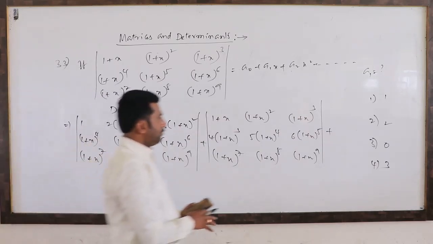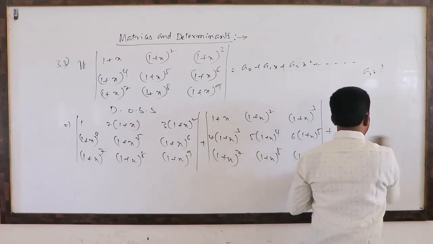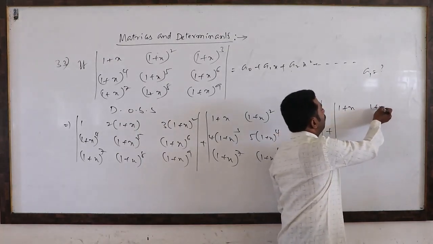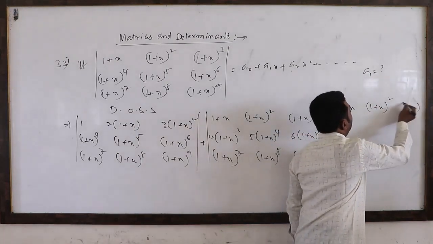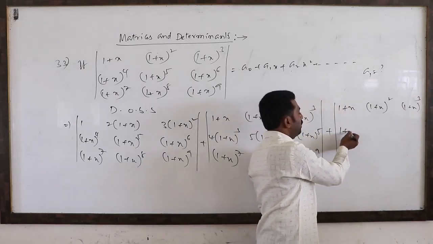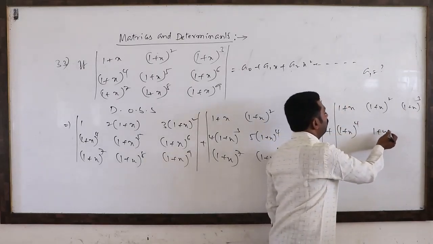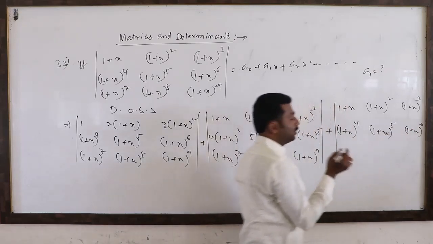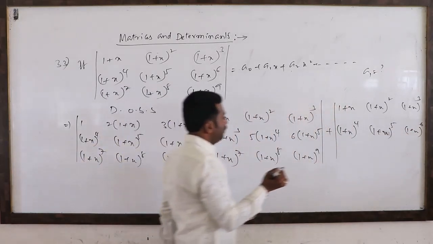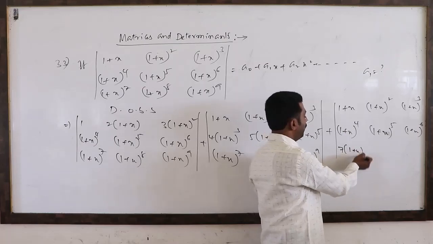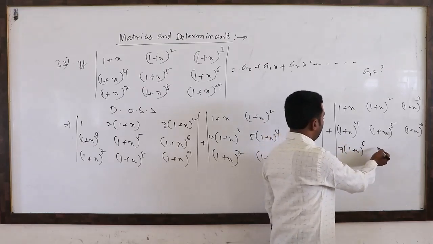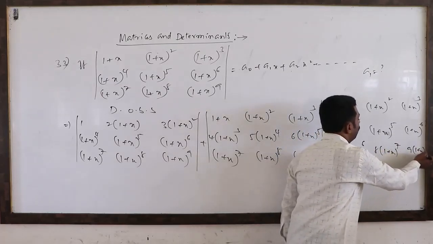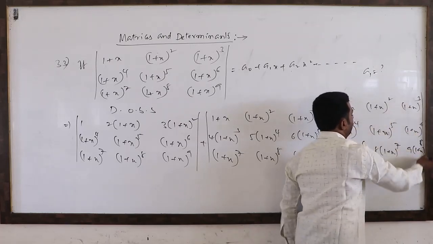Last determinant: first two rows no changes. What are the first two rows? 1 plus x, 1 plus x whole square, 1 plus x whole cube. No changes in second row also: whole power 4, whole power 5, whole power 6. Third row derivative: 7 into 1 plus x whole power 6, then 8 into 1 plus x whole power 7, 9 into 1 plus x whole power 8, equal to